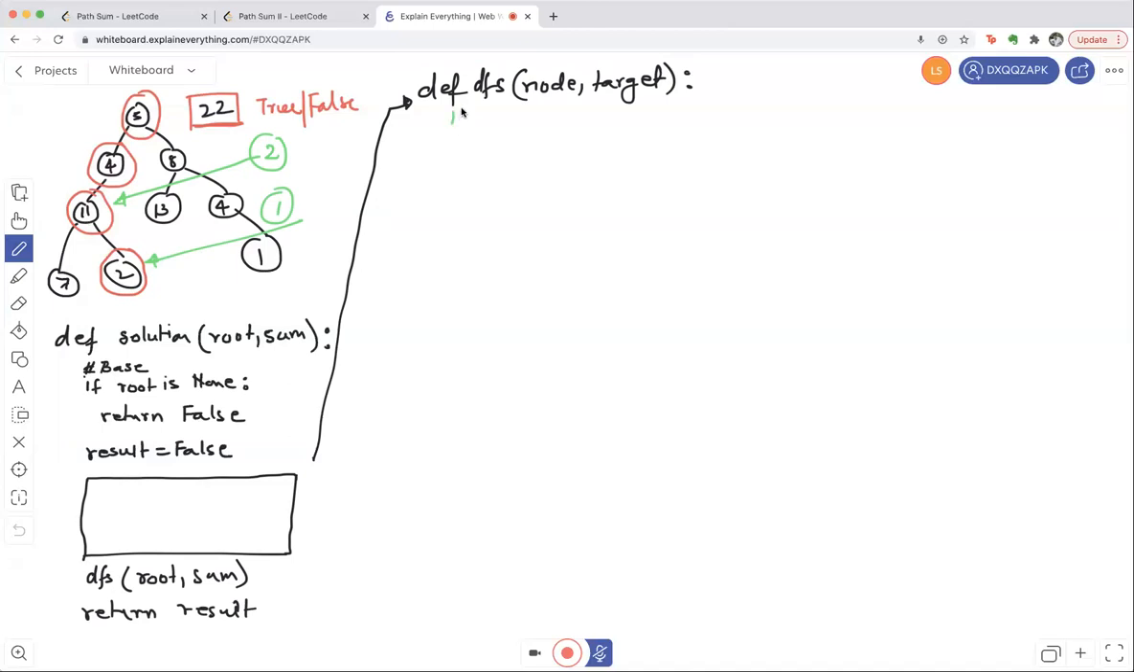So that's our base case, if it doesn't have a left or right child, which is a leaf. What it says is, if my node which has been passed to me, node dot left is none,